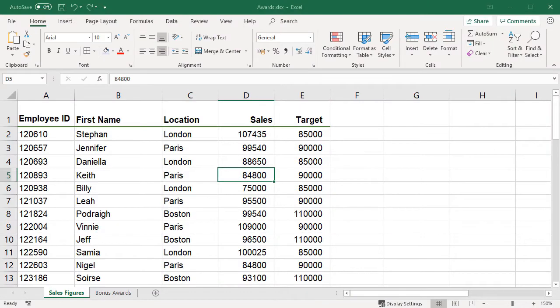This video will show you how to insert and delete columns and rows in an Excel spreadsheet. There are many ways to insert and delete columns and rows, and we'll look at inserting columns first. On this spreadsheet, I need to add a new column between column B and C, as I've forgotten to add